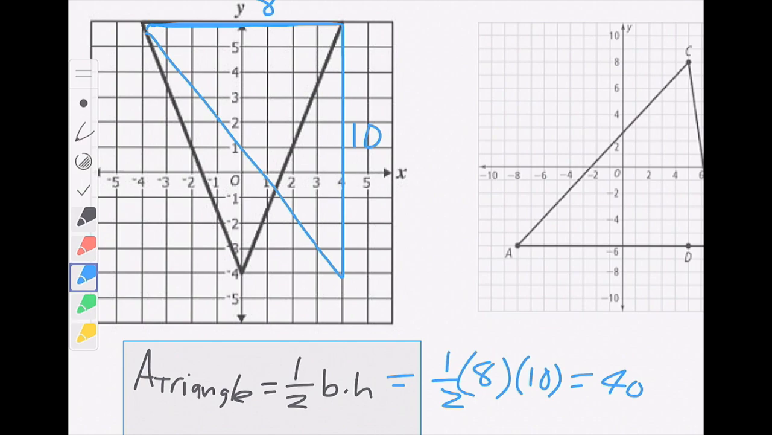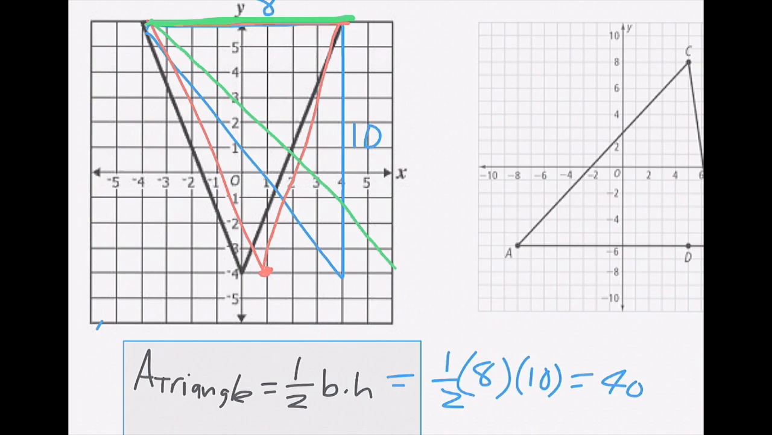This triangle is a right triangle. And there are many triangles I can draw that will have an area of 80. So I could actually, instead of having the vertex there at 0, -4, I could have it slightly moved over here. And this red triangle will have the same area as the blue and the same area as the black. This green one here